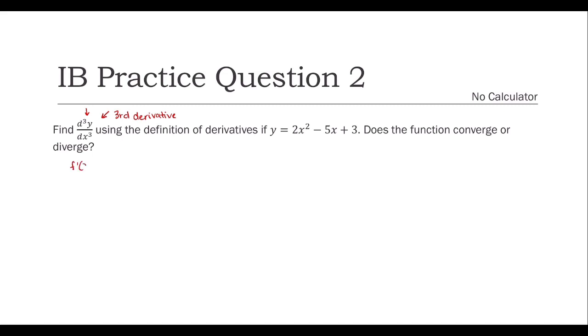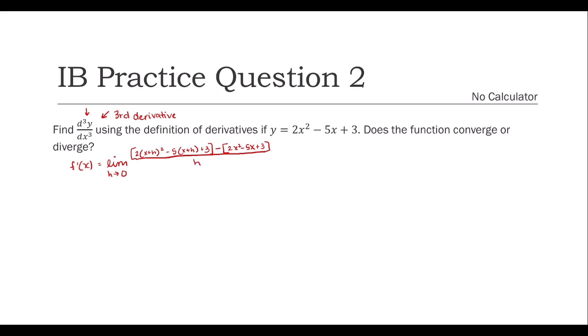So f prime of x equals the limit as h approaches 0 of f of x plus h. So we have 2 times x plus h squared minus 5 times x plus h plus 3 minus our f of x, which is 2x squared minus 5x plus 3,